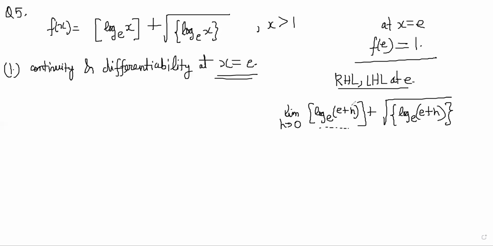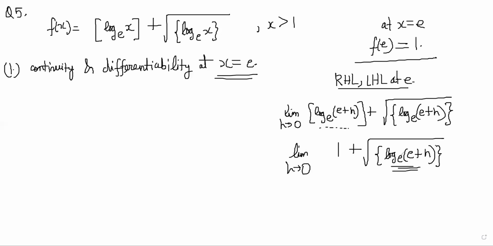This part will be just above 1, right? So it'll be 1 only, so GIF will be 1. This part you have to think about, the fractional part of something like this, as limit h tends to 0. So this will also be just above 1. The fractional part will be some small value which depends on that h. But as h tends to 0, it will be 0. So the answer is 1 plus 0, which is 1. This is your RHL.